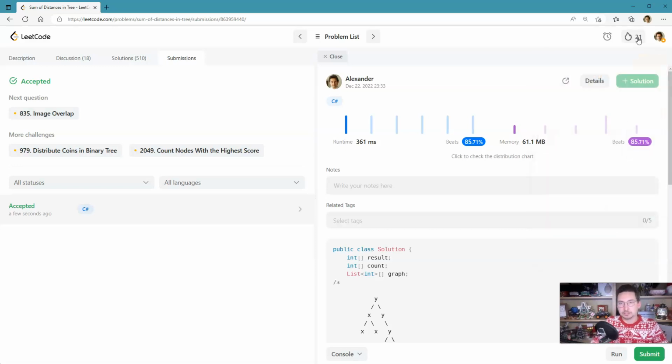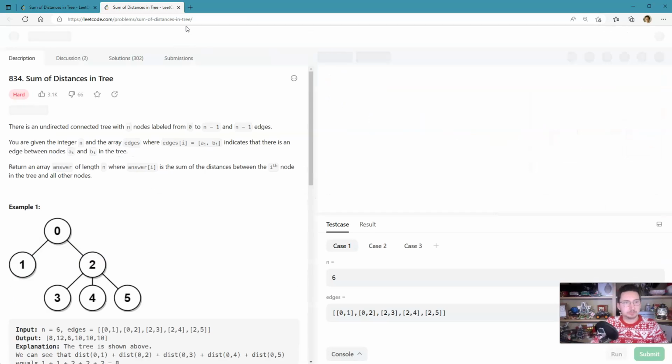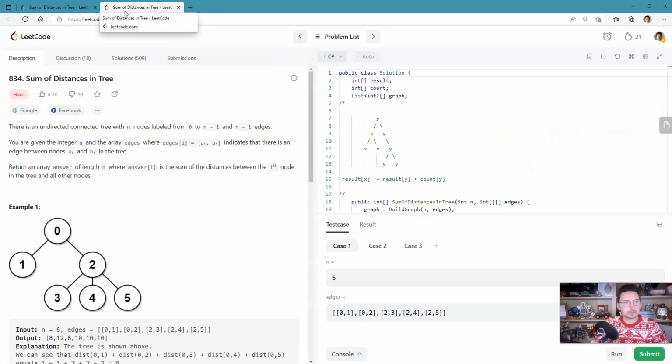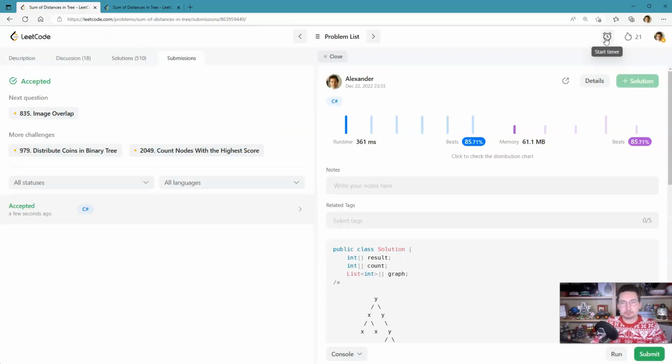Probably I was not able to be on time with our coding advent calendar. Anyways, our solution beats 85% in CPU of all accepted solutions, and we don't have many solutions for this problem, right? Because